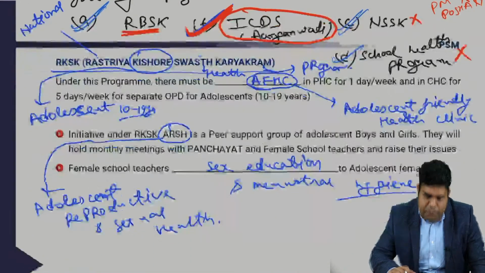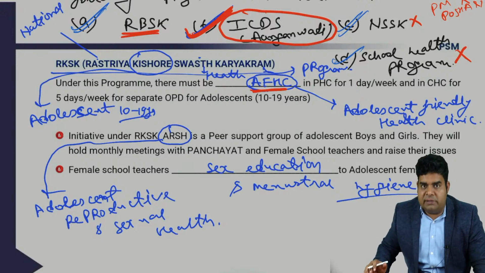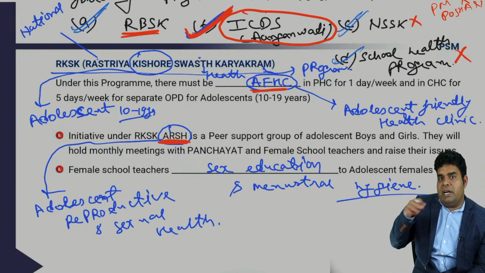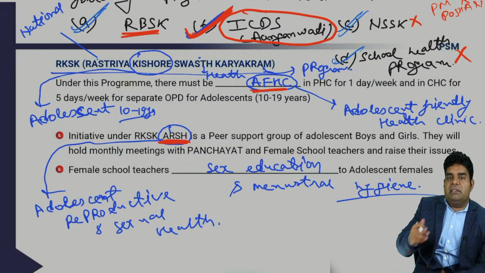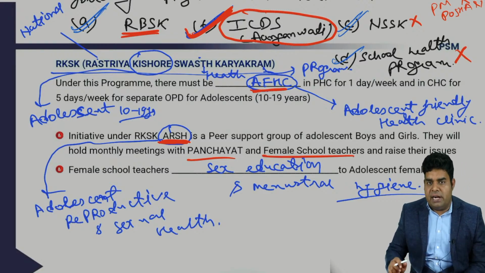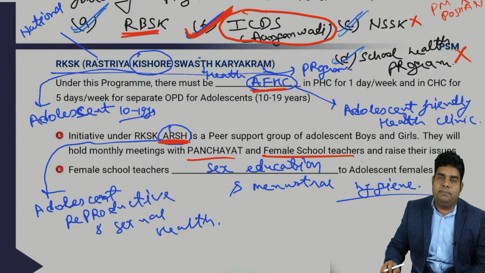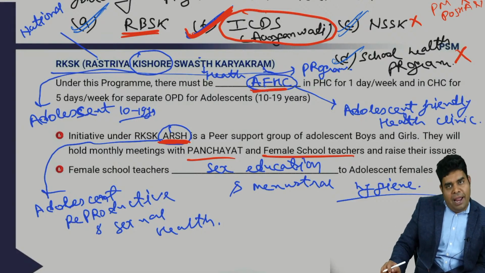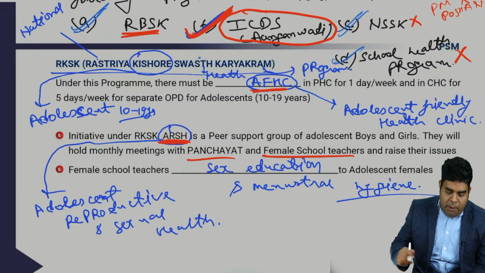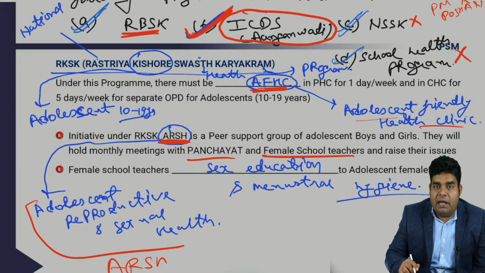Okay. Then there is also one program for adolescents, RKSK, in which we have adolescent friendly health clinic, separate OPD for adolescents, and we have adolescent reproductive and sexual health, in which adolescent girls of the village will form a group, and they will hold monthly meetings with panchayat and female school teacher. When they meet with panchayat, they will raise their demand, and when they meet with female school teacher, it is expected that the female school teacher will give them sex education. And if they are unable to give sex education, they will talk about menstrual hygiene or safe disposal of sanitary pad. So remember, ARSH, Adolescent Reproductive and Sexual Health, and AFHC, Adolescent Friendly Health Clinic, come under RKSK, Rashtriya